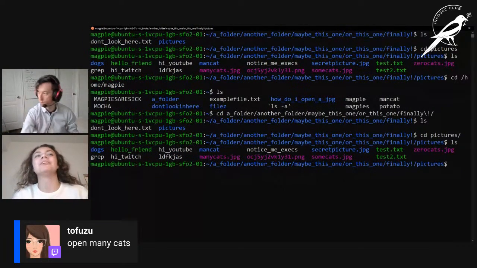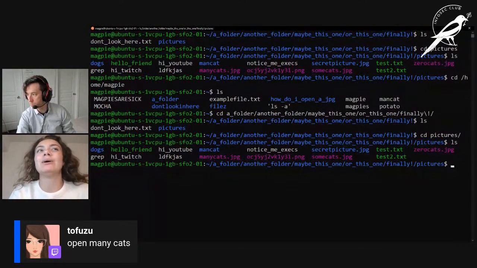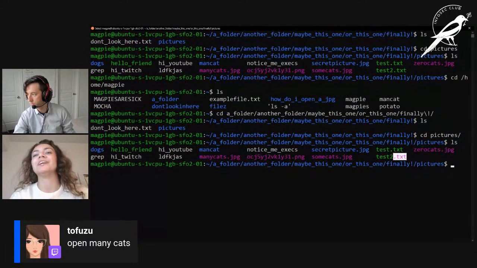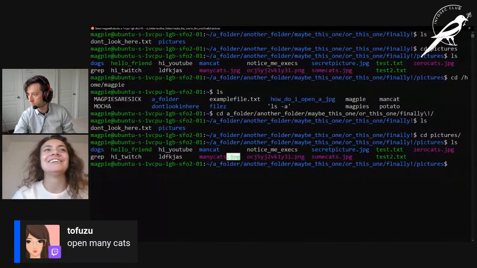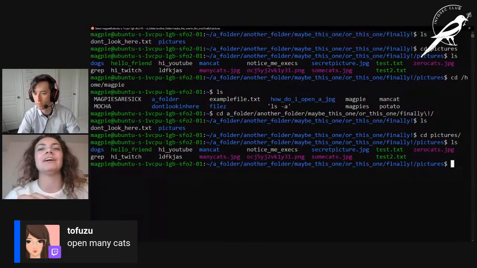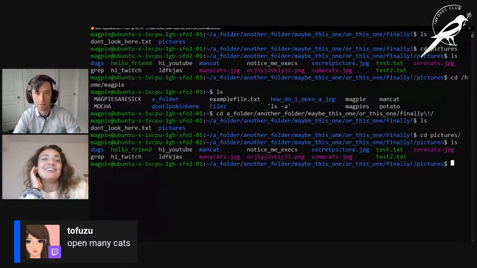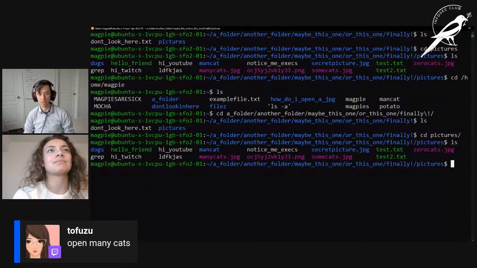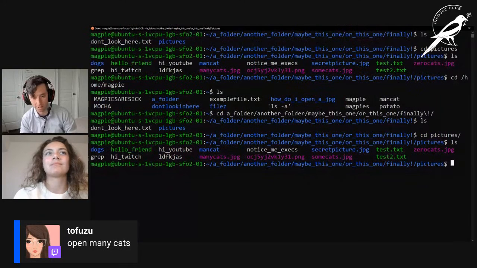You're going to be able to get a lot of information about these files that might tell us a little more about what they are. A secret is that the file extension on any files doesn't actually tell you anything. You can put any file extension on any type of file. It does not indicate what kind of file it actually is. So how big is zerocats.jpg? Does anyone know? You can type in the chat to let us know, or just try and figure it out. Some of the things we taught you earlier in the workshop will be helpful. When we say how big is it, we're talking about its size, like how many bytes is zerocats.jpg.